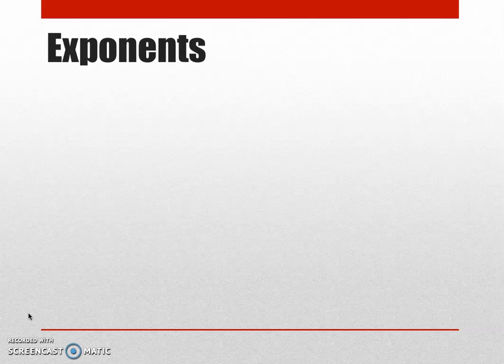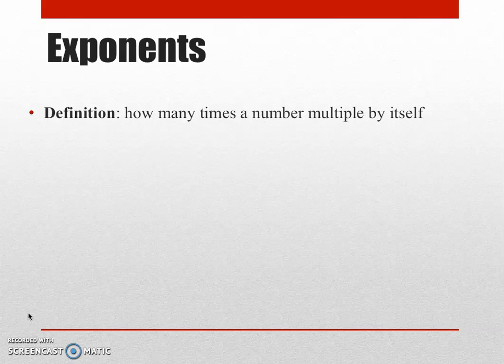Today we're going to cover the topic of exponents. So in definition, exponent means how many times a number is multiplied by itself. As you see here, we have 8 to the power of 2, or it's called 8 squared. 2 is our exponent and 8 is our base. And this means that 8 should be multiplied by itself 2 times, which gives us 8 times 8 equal to